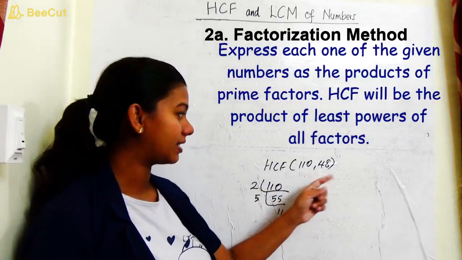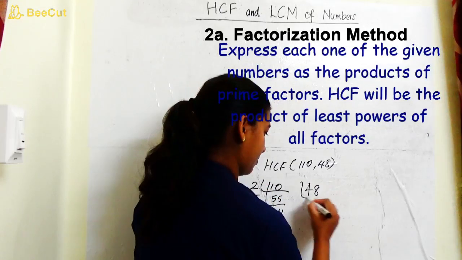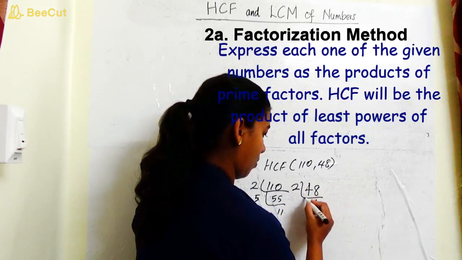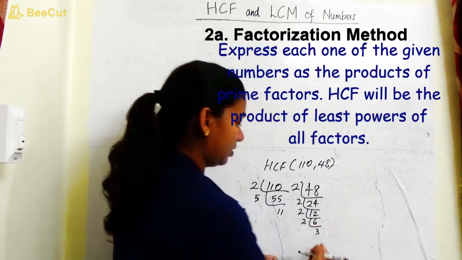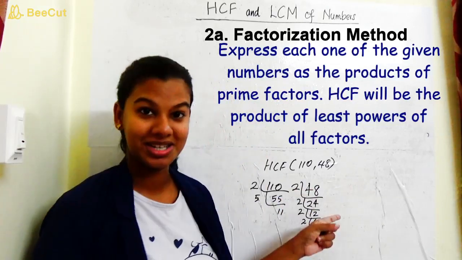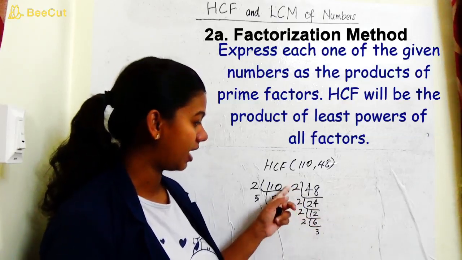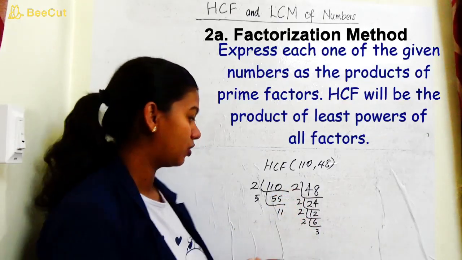Okay. Now the next number is 48. 48 can be divided by 2. I get 24. Again I divide by 2. I get 12. Again I divide by 2. I get 6. Again I divide by 2. I get 3. 3 cannot be further divided, right? Okay. So the factors of 48 are 2, and we have to express them in their multiples. So 2, 2, 2, 2 and 3. So how I can write is,